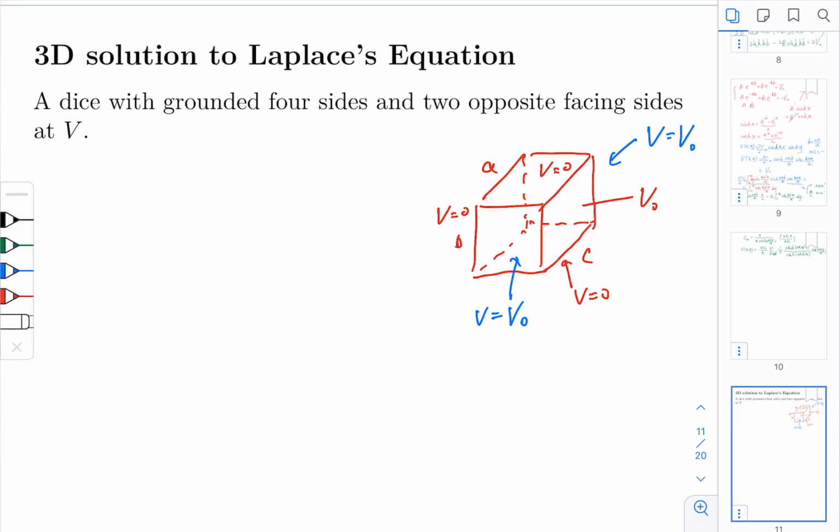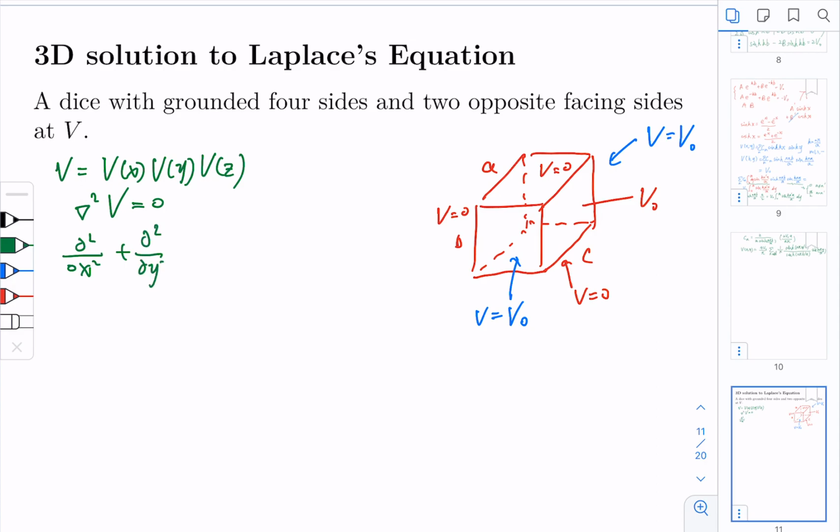So here we write V as a function of V of x, V of y, and V of z. Now, if we apply the Laplace equation, this simply gives us, applying on this,